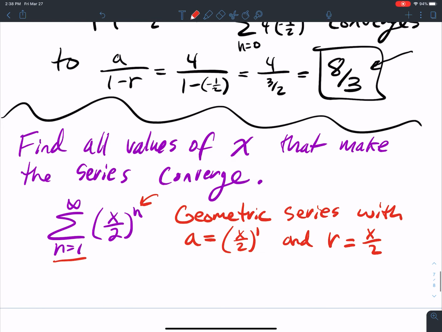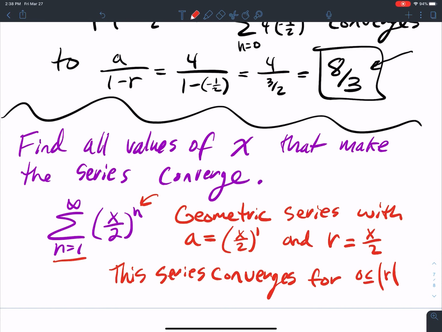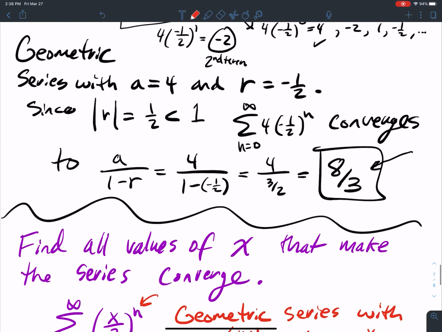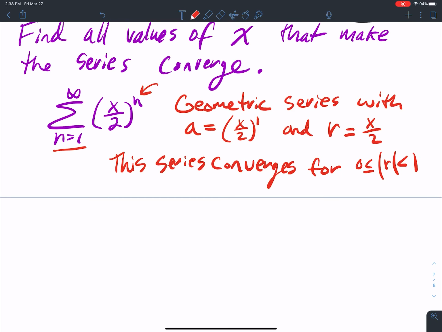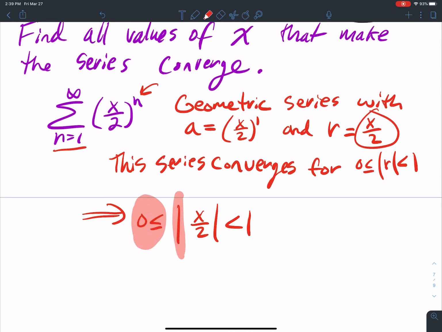So what does this say? This series converges for absolute value r less than 1. When are we less than 1 here? We're only less than 1 whenever we have x over 2 less than 1, because r is equal to x over 2. Okay? Now, technically, this is implied because of the absolute values. It's going to for sure be greater than or equal to 0. So we can drop that other side here